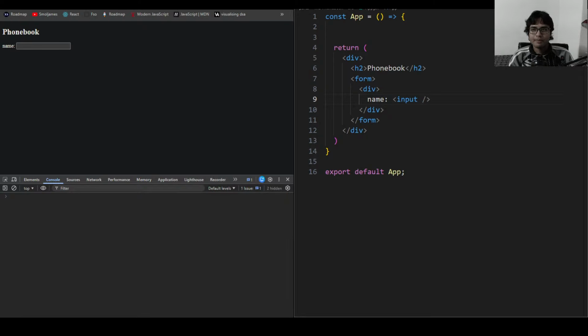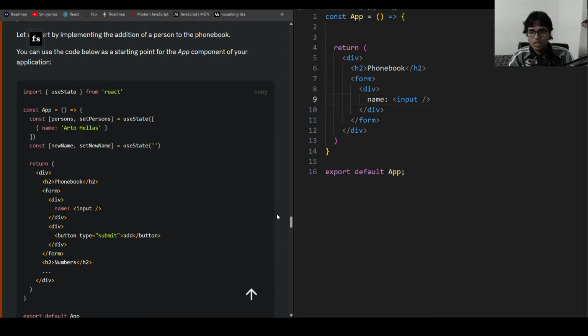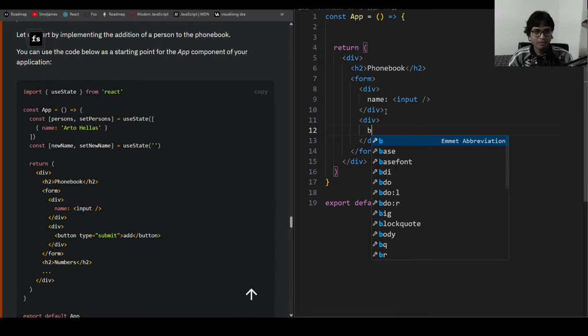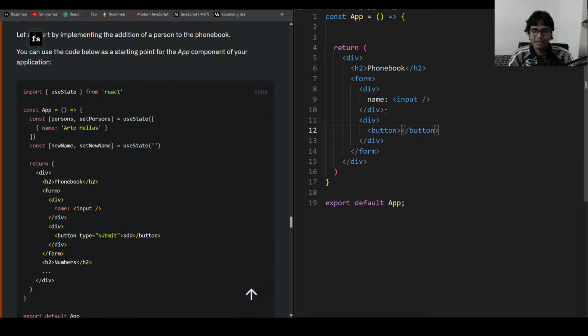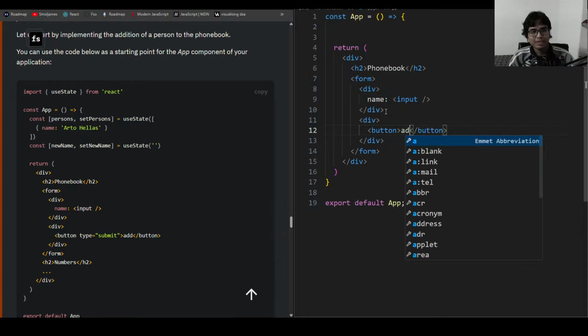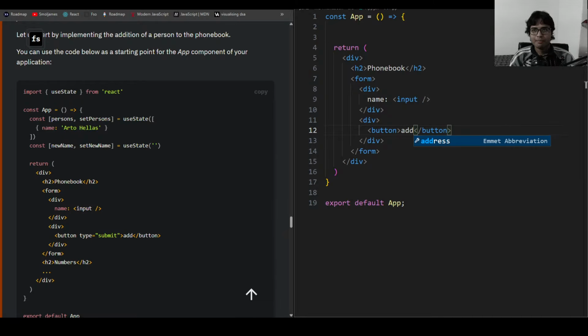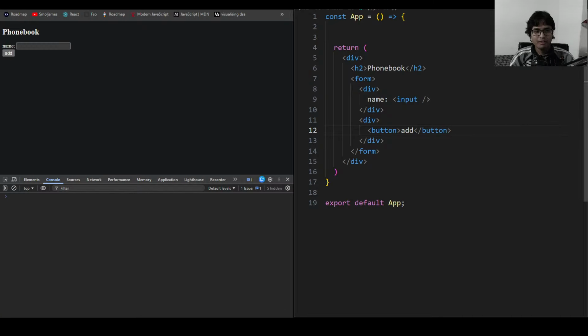That's a div. We're going to div it well. That's one more div that we have. The button. We can have a button. It should be like add. Type is going to be of some